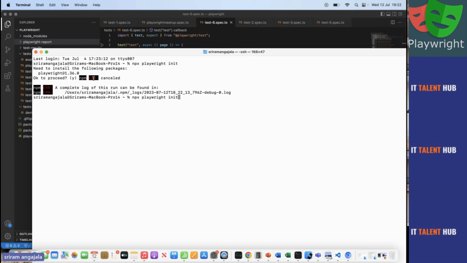Okay, so normally, guys, you need to have npm install, which is nothing but your node. So you need to have node, and you need to install Playwright with npm, one-line command. Because I already have Playwright installed, I'm just running npx playwright init. npx is the executable runner of npm. So again, this is just a one-time thing. You don't need to learn a lot of things. So one command to start a framework is npx playwright init, meaning I'm saying just start something. Now it says it will install my Playwright package. I'm clicking on OK.